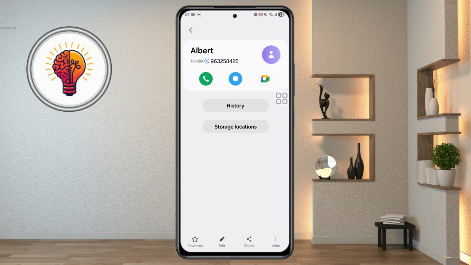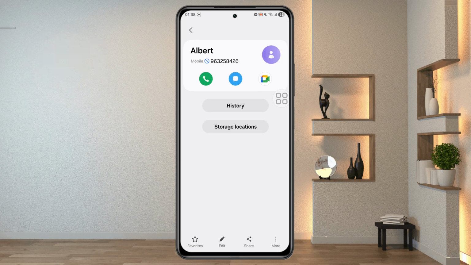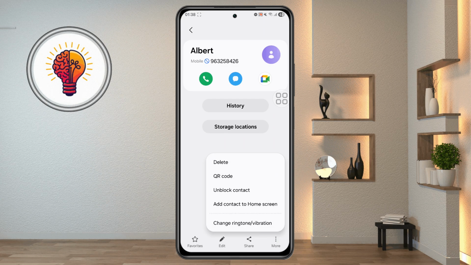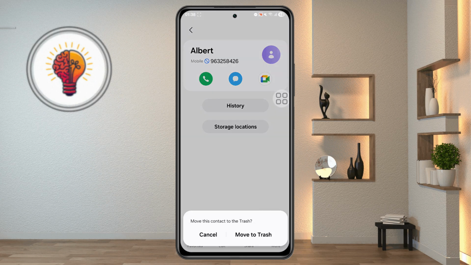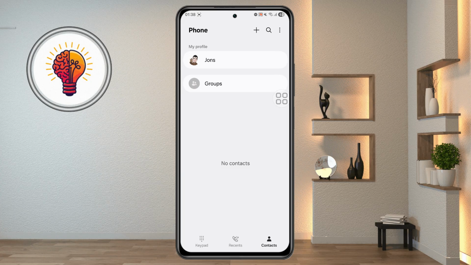Here you can see the various options. Click on the more icon at the bottom. Choose the delete option, confirm it, and you are happy. You have successfully deleted the person on your